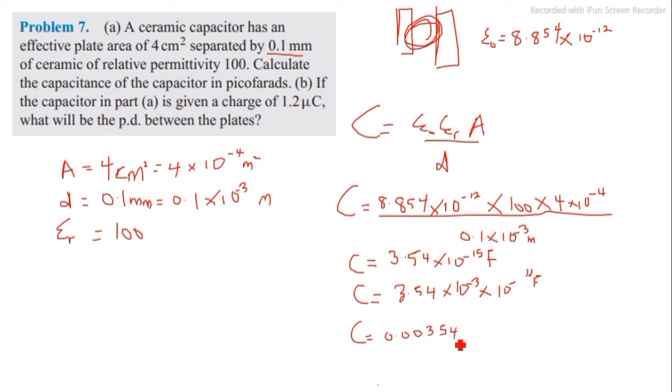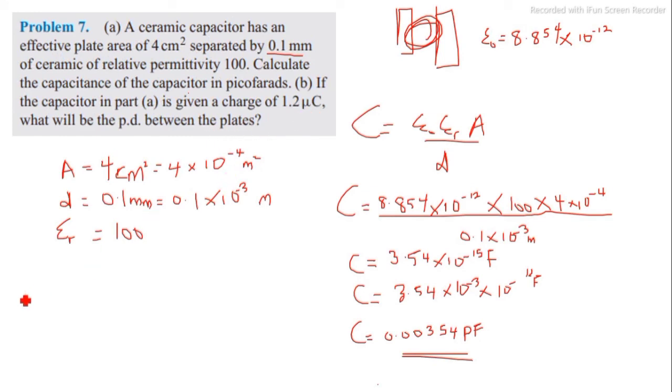0.00354. If we return this to standard form, that's 0.0354. Then 10 to the power 12, that's picofarad. So that's your capacitance in picofarad. Now B, if the capacitor in part A is given a charge of 1.2